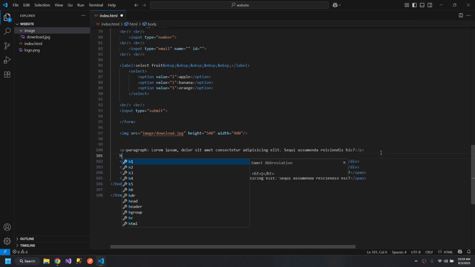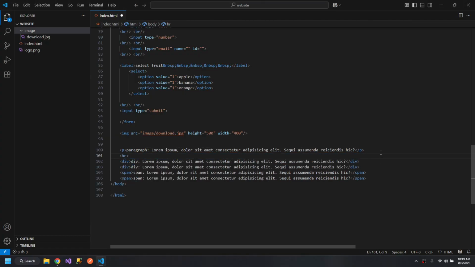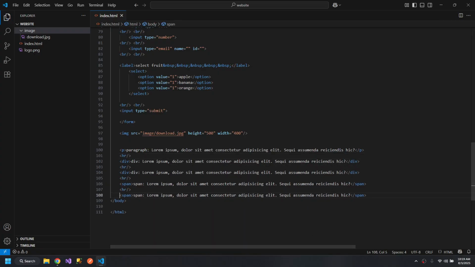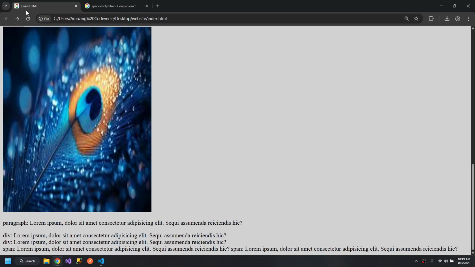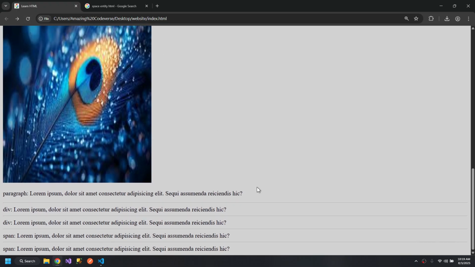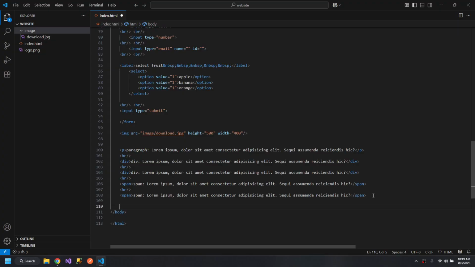We also have the HR tag, which is used to give a line which shows like this. We have many containers like,